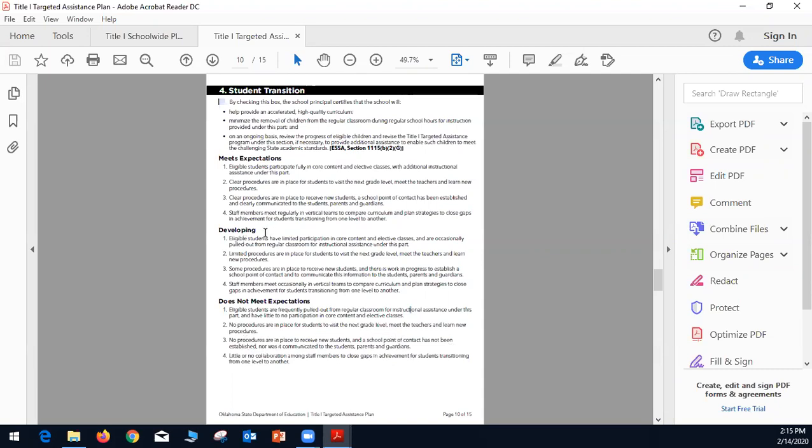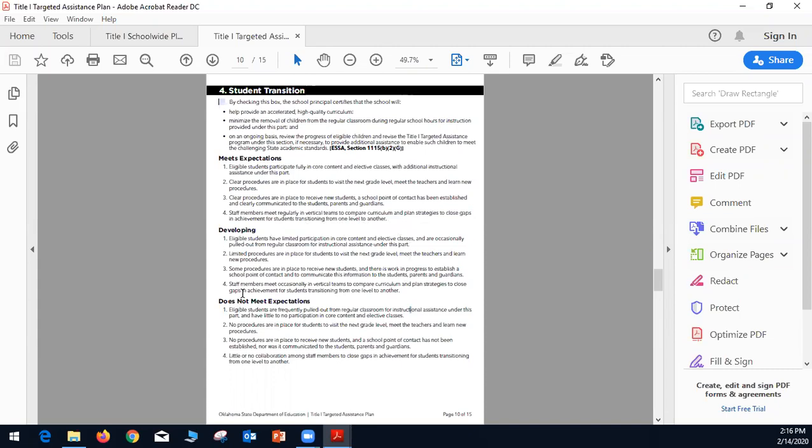Another indicator for the plan to meet the expectations will be that the staff members meet regularly in vertical teams to compare curriculum and plan strategies to close gaps in achievement for students transitioning from one level to another.